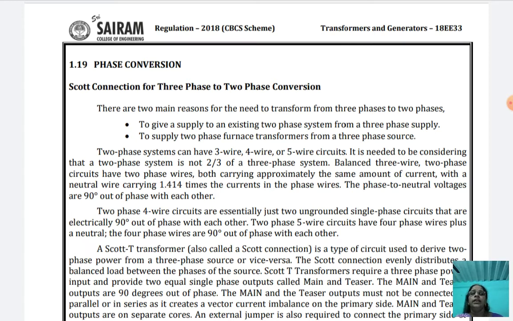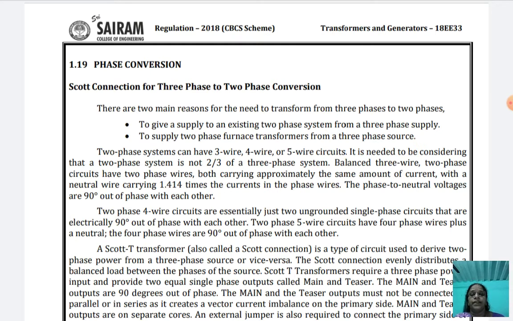What is the main reason for two-phase conversion in transformers? The first is to give a power supply to an existing two-phase system from a three-phase power supply only. The second reason is to supply two-phase furnace transformers from a three-phase source only. Mostly the Scott connection is used in the two-phase